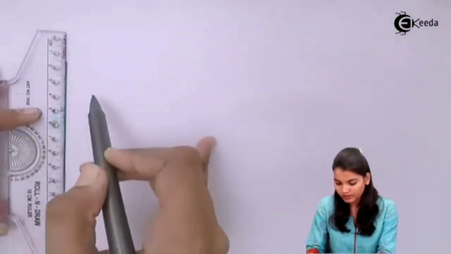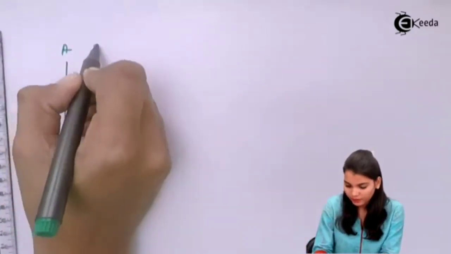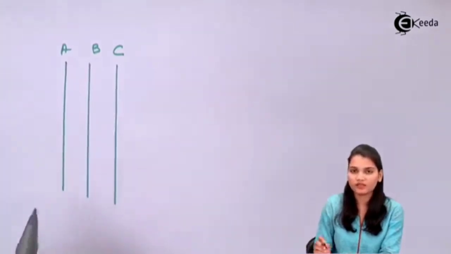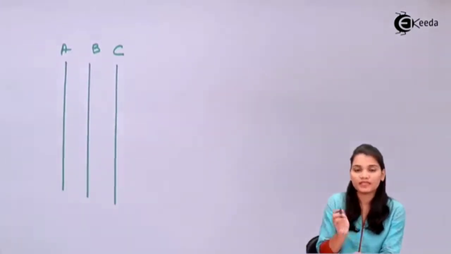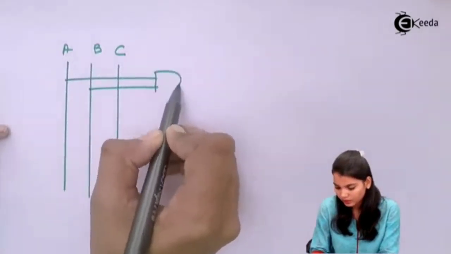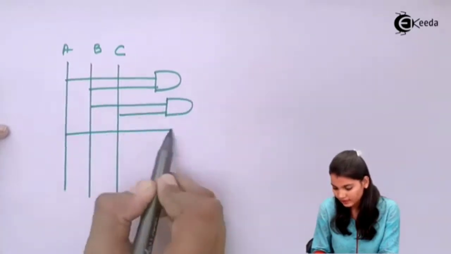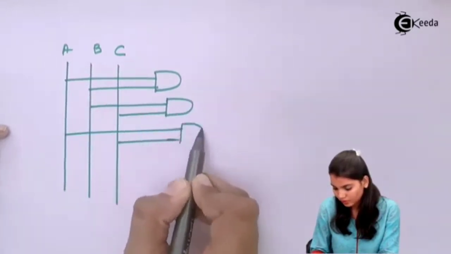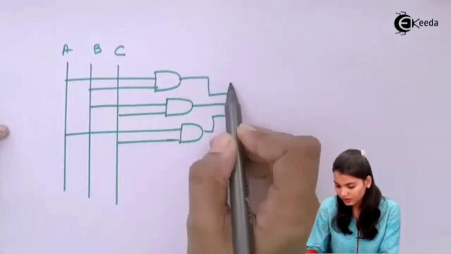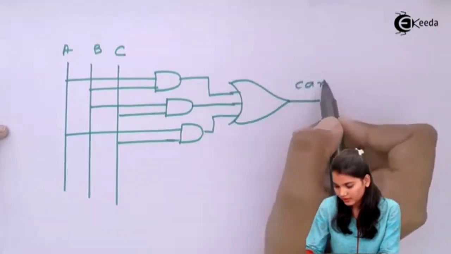Here we have three inputs, therefore we will draw the three lines. Okay. So we have A, B and C. Now we want to represent the sum and carry. In the carry we have seen, we have taken AB, BC, CA. Okay, so that's why what we will do, AB, BC and AC. Now we want to add this. So what we will do is, we will simply add it using the OR gate. So this is the condition for the carry.